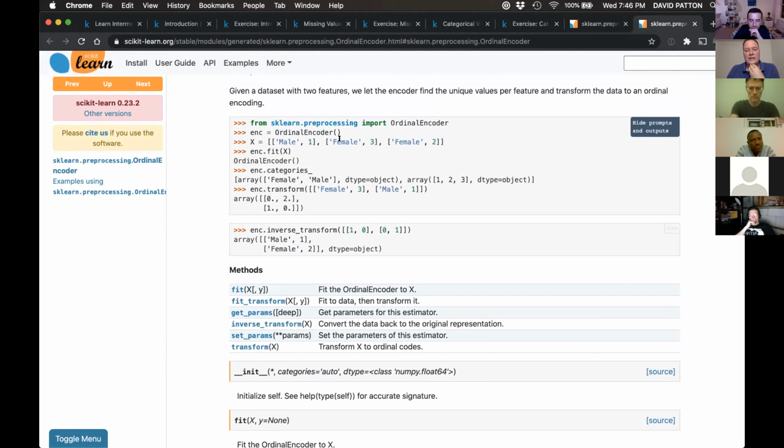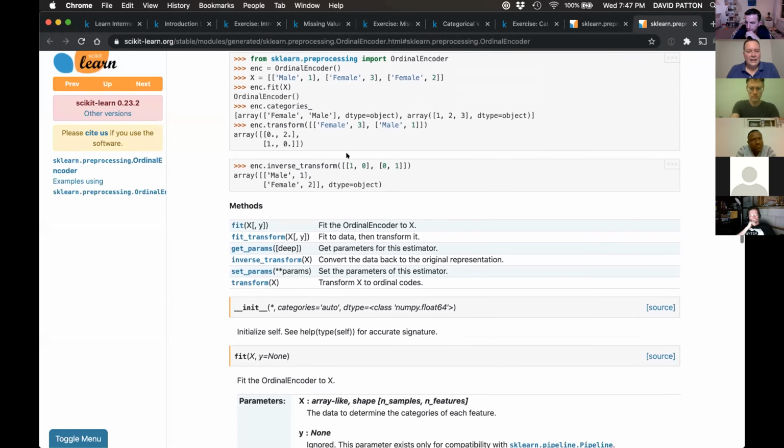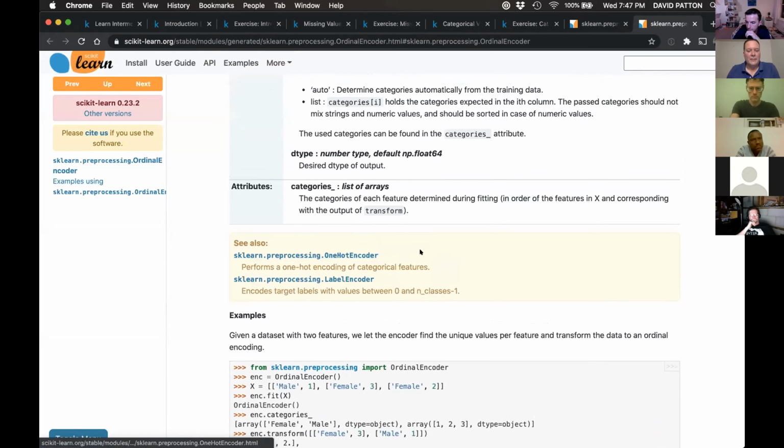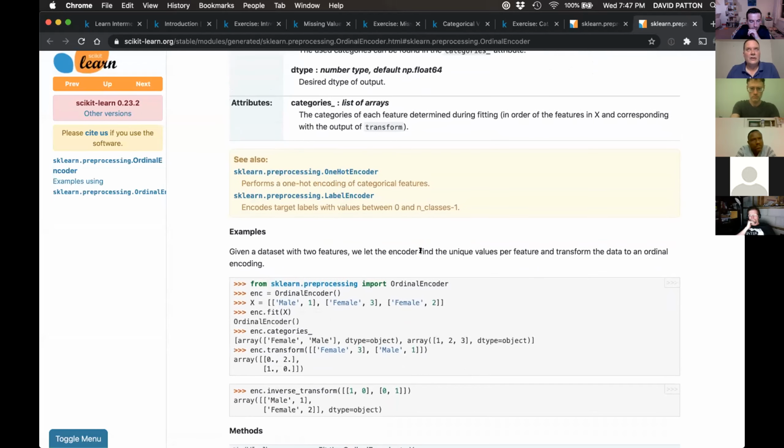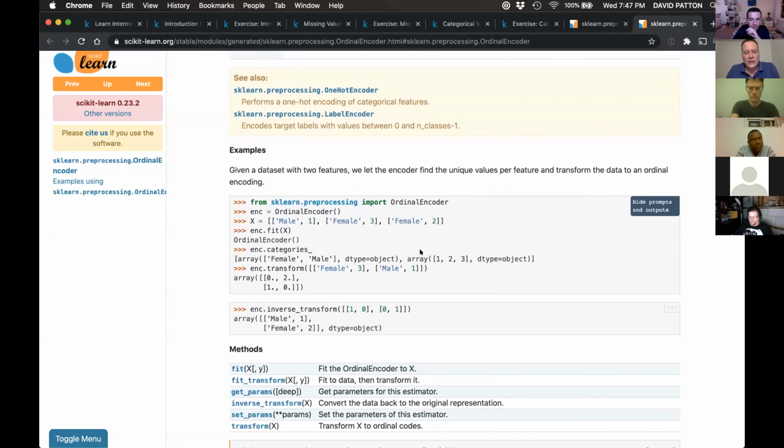The other thing is it is made for rank, right? You want to think about the fact that if you have a 2 in your feature versus a 1, the 2 is higher. If you have a 3, the 3 is higher than the 2, and the 1 is lower than the 2.